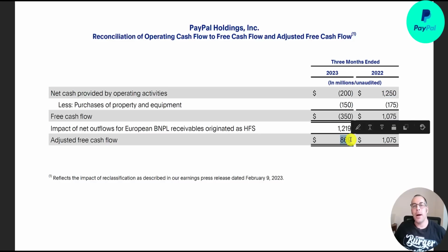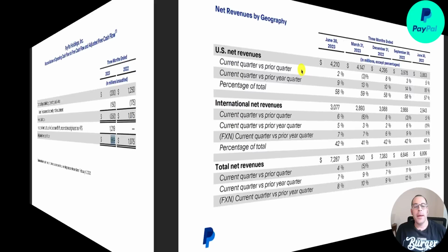In my model, I do have negative for this quarter. I didn't add back the 1.2 billion. I use GAAP numbers for my calculation. This is a non-GAAP number, the 869 million. Here's a breakdown of their